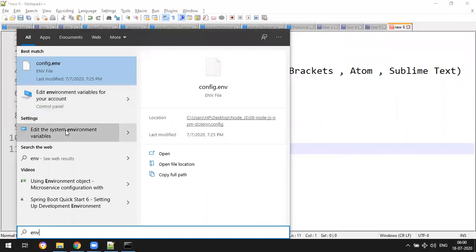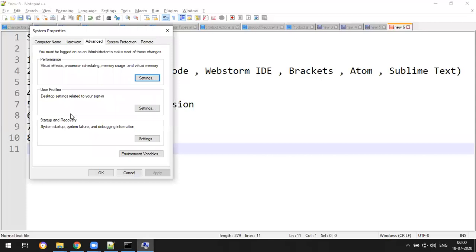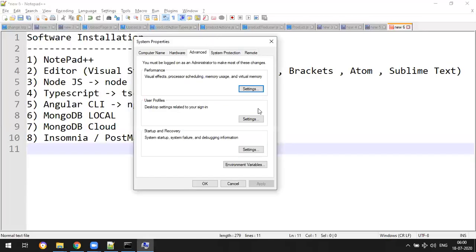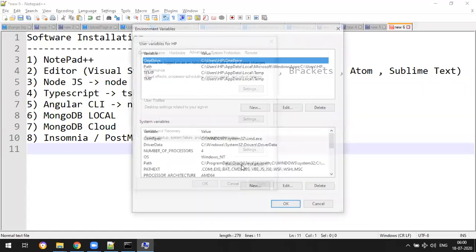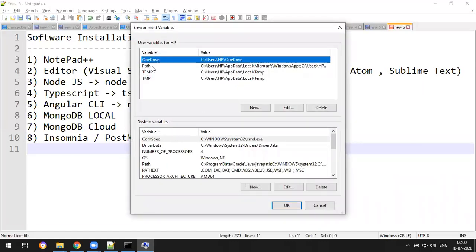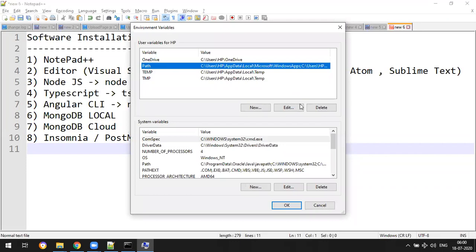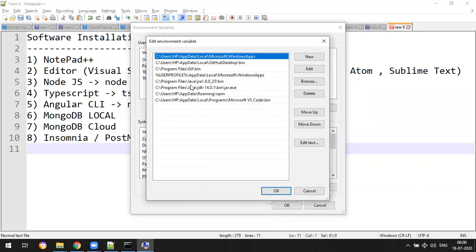You can select the system environment variables. Here you get this wizard and here you select the environment variables, and in this you select the path and click on edit. I'm showing in Windows 10. In Windows 8 or 7 there is a little difference but almost the same. Click on edit. Yep. Here you need to provide all the environment variables path.